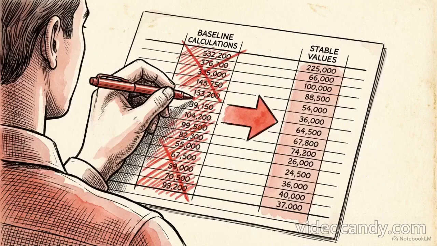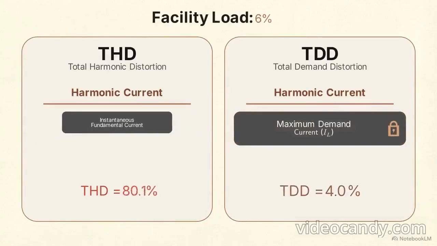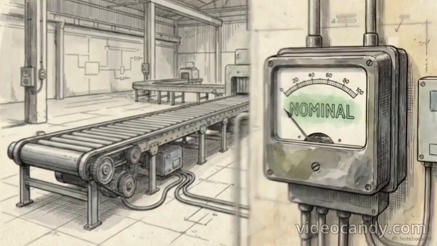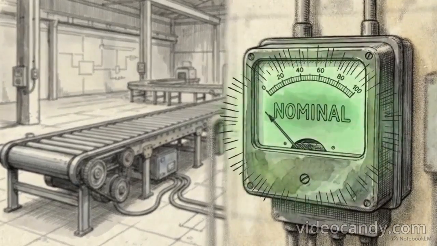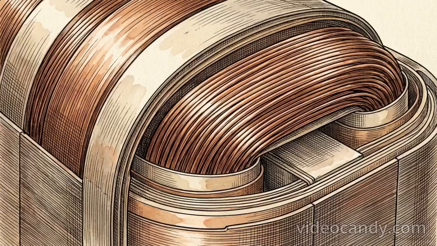Because of this vulnerability, the primary standard governing power quality at the point of common coupling, IEEE 519, requires a more stable approach. Rather than looking at instantaneous distortion, IEEE 519 dictates limits based on total demand distortion, or TDD. TDD calculates the ratio of harmonic current against the maximum demand load current of the facility. By locking the denominator to the absolute peak capacity the system will ever draw, the metric becomes stable. This eliminates the false alarms triggered by idling equipment. TDD isolates the true volume of harmonic current leaving the facility, providing a highly accurate measure of the burden placed